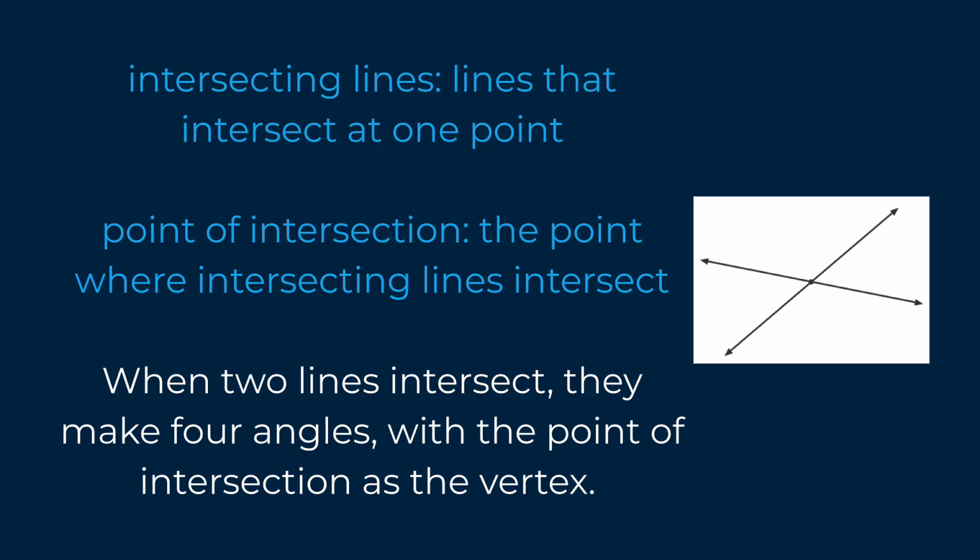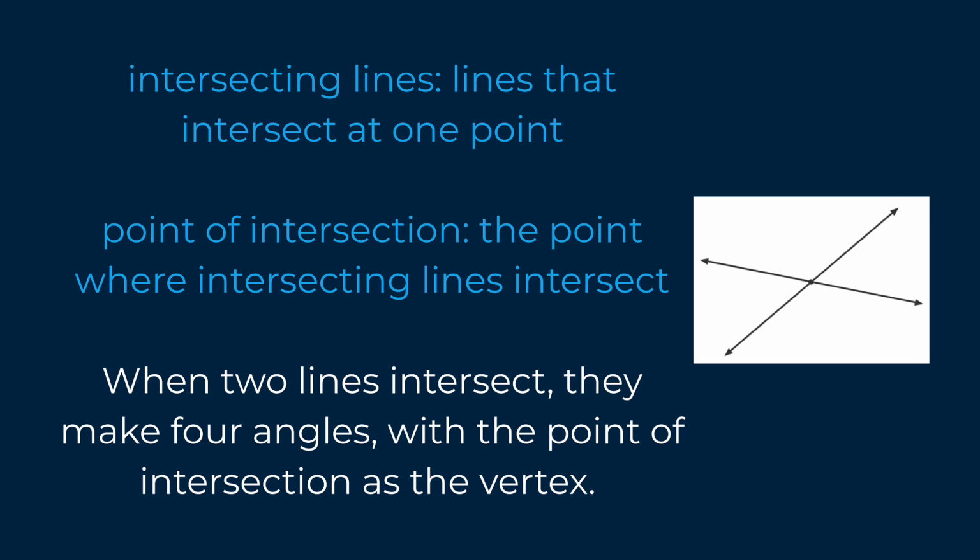So, before we talk about vertical angles, we need to learn about the main mechanic in this topic, which is intersecting lines. They are lines that intersect at one point. Now, these lines are not parallel because, as you can see, they do intersect and parallel lines do not intersect. But intersecting lines do intersect, and they only intersect at one point, and that point is called the point of